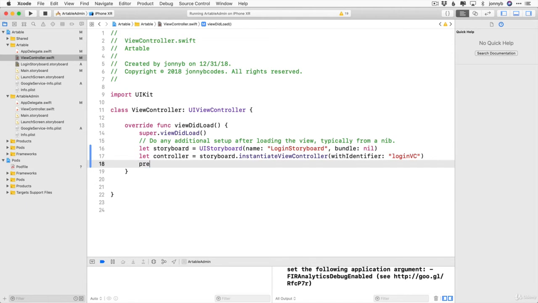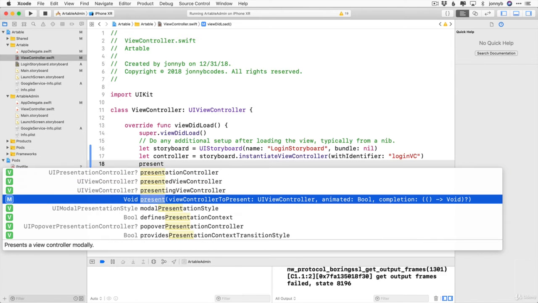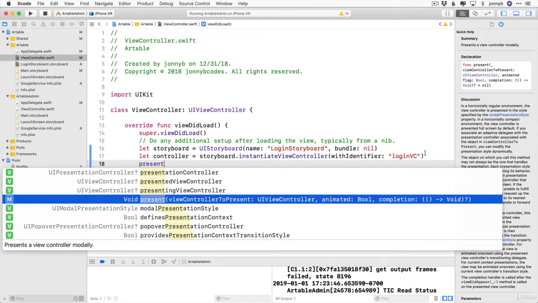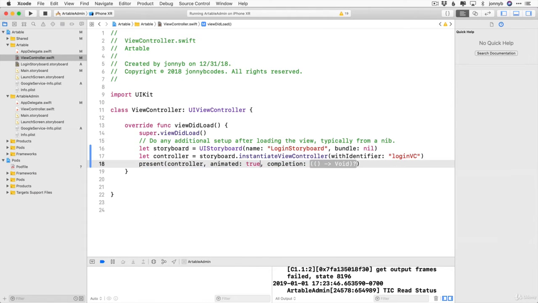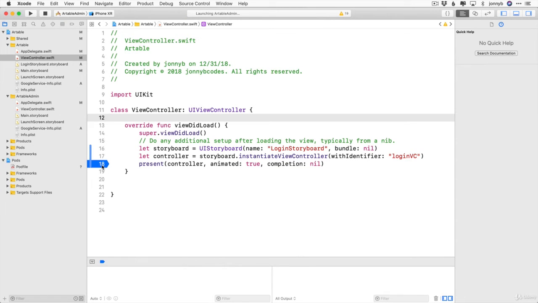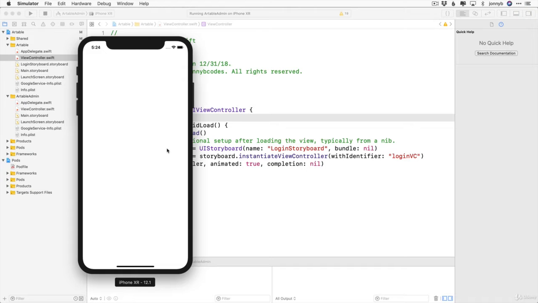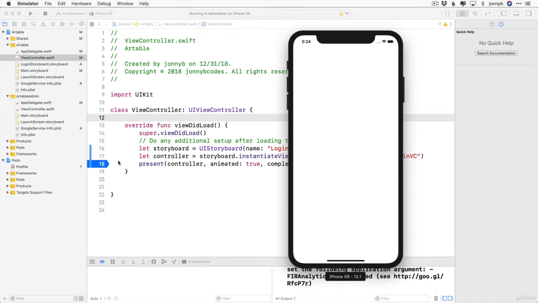And finally, we simply present the view controller. This is a method of the UIViewController. We are presenting a view controller, and we have the options to animate and a completion. We want to present this controller that we just initialized, true and nil. For the completion, we don't need to do anything once it has done that. So now when we run this, it's going to hit here first in the main view controller of the main storyboard, and then it should immediately, let's see here,